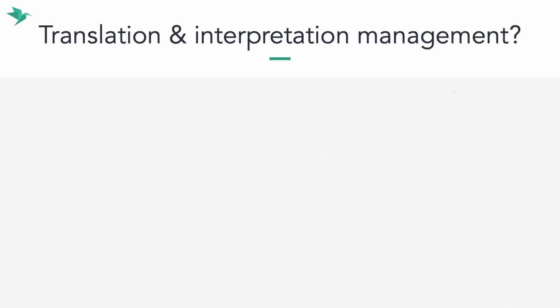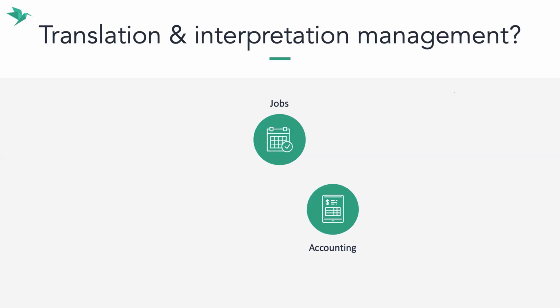So when you are a translator or an interpreter and need to manage a project, it usually revolves around three big poles, which are the jobs. You need to manage your files, the time you're spending on it, and your job itself. You need to manage everything about accounting or management, basically. And then you need to manage your clients and suppliers.